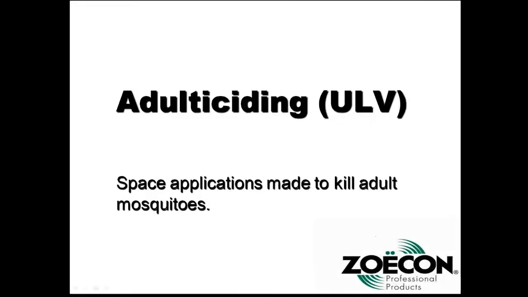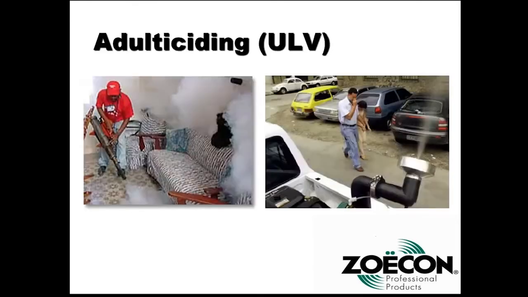So, adulticiding, it's space applications made to kill adult mosquitoes, and this is what you see your county government's providing you most of the time. Ultra low volume, you're looking at ounces per acre of active ingredient, and pretty targeted. I put in a couple nice pictures here. One is a thermal fogger. All thermal foggers work on the pulse jet engine technology, and really the way they work is they get formulation onto a hot exhaust manifold, and it flashes off instantly and creates